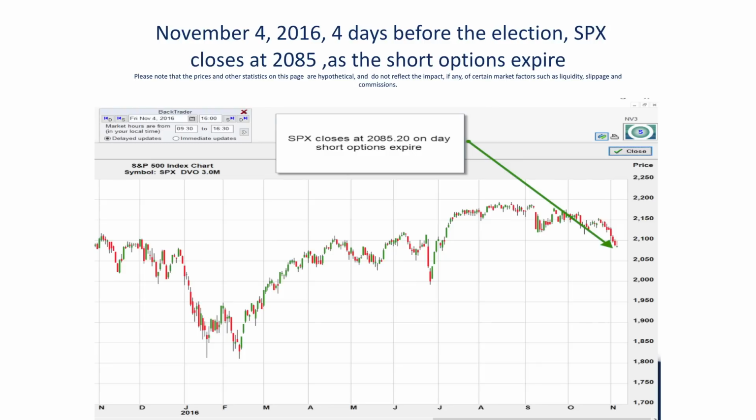Okay, so now let's move to November 4th, now just 4 days before the election. And it's actually also the same day that those trades expire. And you can see that the pre-election anxiety has driven the SPX index down to 2085.20, where it closed that day. Now, traditionally, the latest that you would close a trade like this would be the day the short options expire. And so at this point, we can take stock of what has happened because we're going to be closing